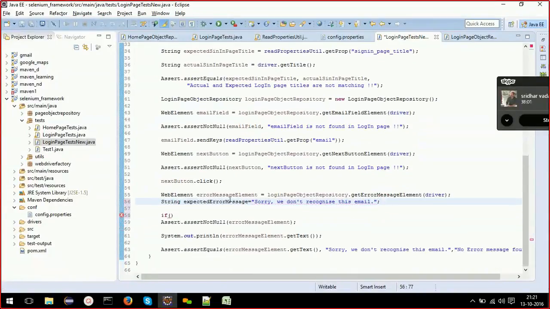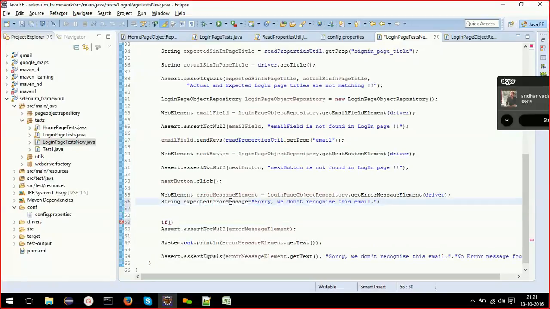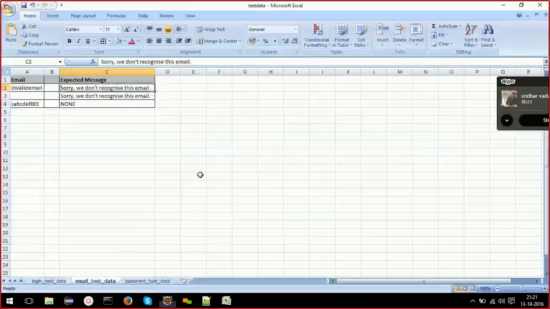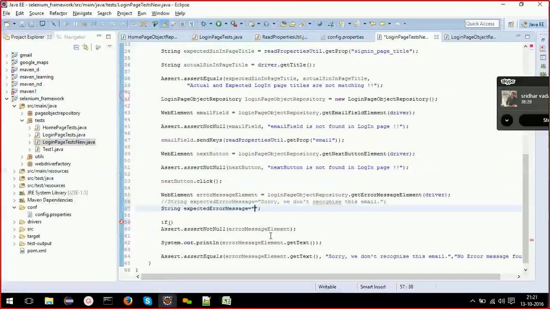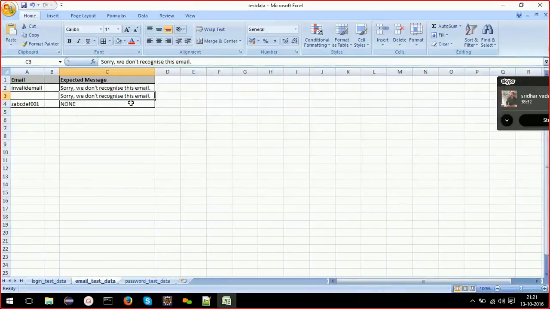Don't worry if you are not understanding it, you will easily understand. String expected error message. And there can be another possibility. What is that possibility? Error message is empty, sorry, none. It can be either this or this. I'll put it like this.